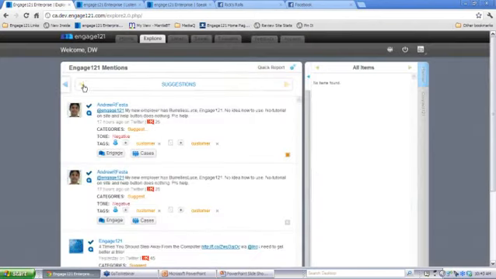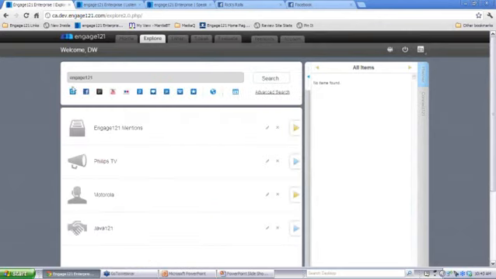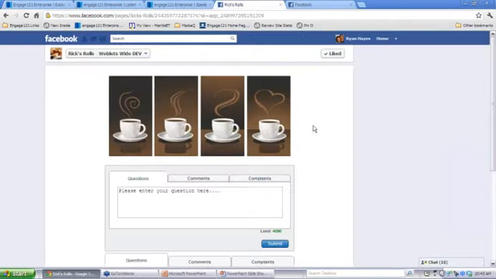So that's the change with how you view the Explore system. But this is just one part of the customer care module that we're preparing to launch. The next big part of this is what we're calling our customer care fanlet. So this will be available for anyone who's using Engage. You'll be able to easily publish a fanlet that looks